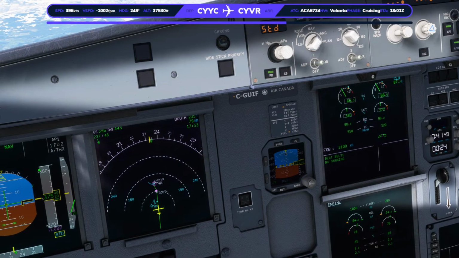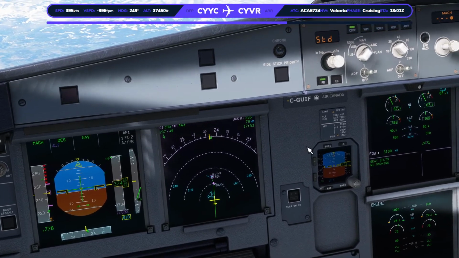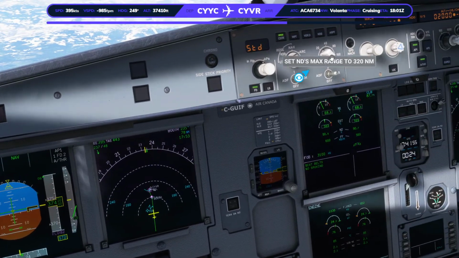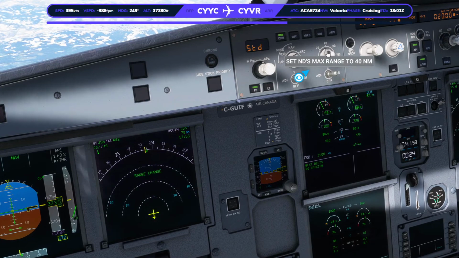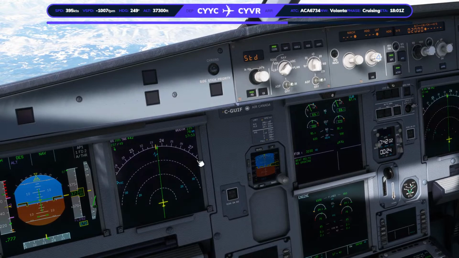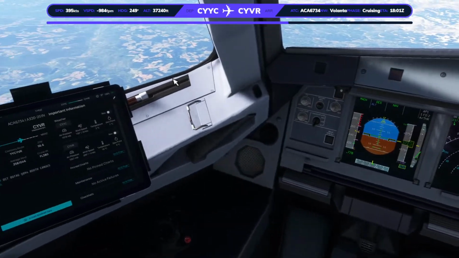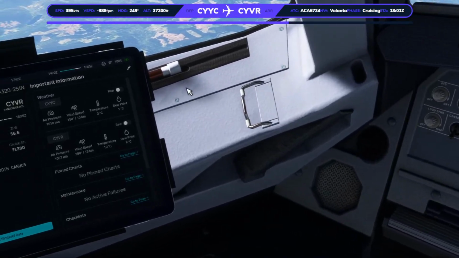Alright, here's our arrival. Once we reach under 10,000 feet, we can turn on all the landing lights, and around 11,000 feet